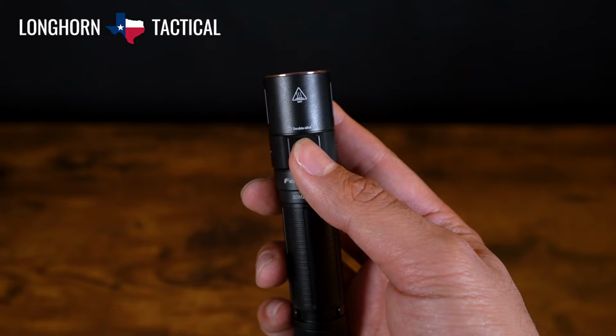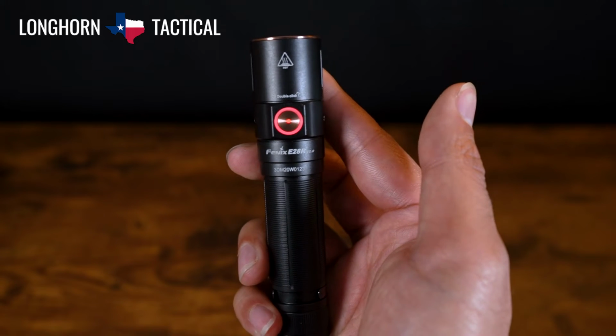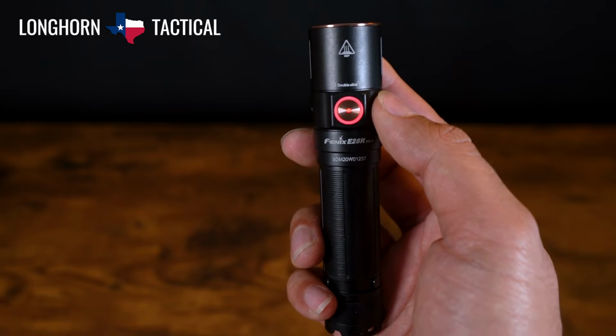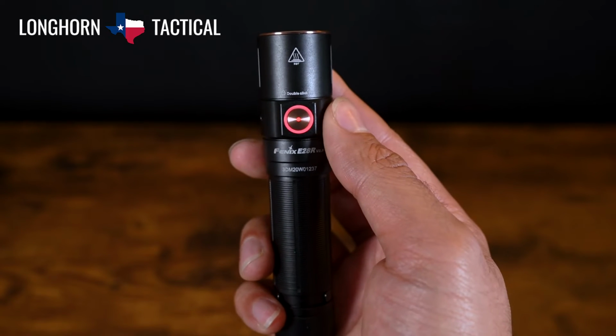And lastly, to enter into the unique feature of the warning light, when it is off, just triple press the side switch like this, and it will go into the warning light mode. Now to cycle through the different warning light modes, it's just a single press again, and you will cycle through the red constant on, green constant on, red breathing,